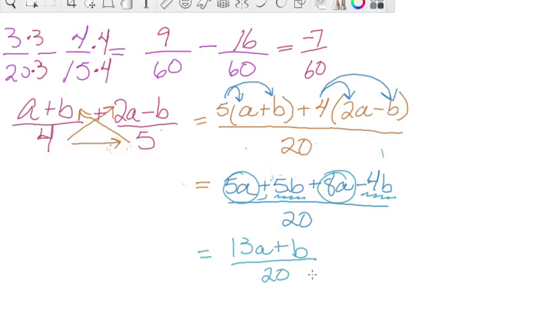Okay, so that's a really good question. When I'm looking at these coefficients, 13, 1, and 20, I recognize that these are all co-prime numbers. So 1, 13, and 20 don't share any common factors, right? So I'm not going to divide through any common factors. And I also recognize that these variable terms are different. So even if I wanted to factor, there are no factoring techniques that simplify something like this, okay? If this were an a, I could probably factor out an a, right? So if this were 13a plus a, well, that would be 14a, right? But because this is a b, there's really